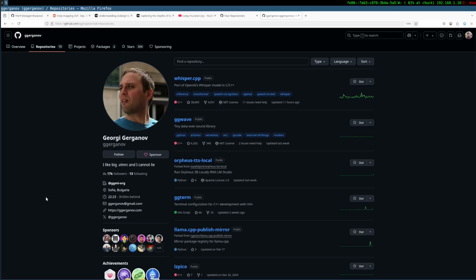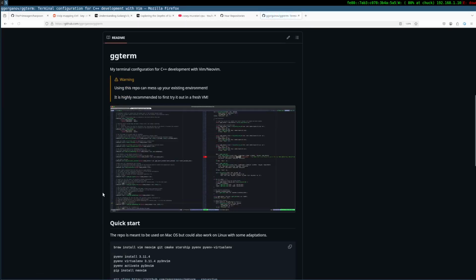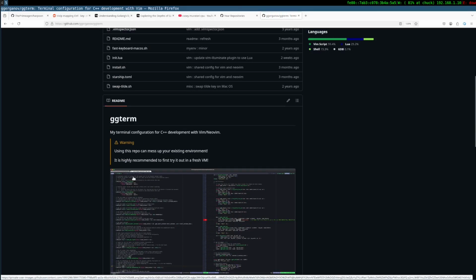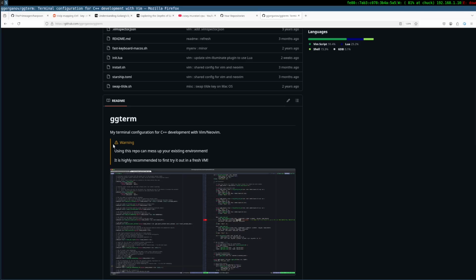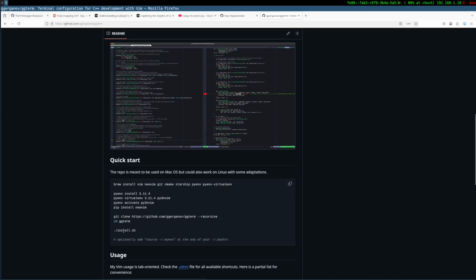Terminal configuration for C++ development with Vim. My terminal configuration for Vim/Neovim. Using this repo can mess up your existing setup. It's highly recommended to first try it out with a fresh VM, virtual machine. Okay, bro.